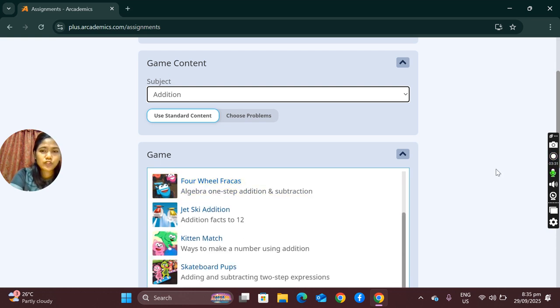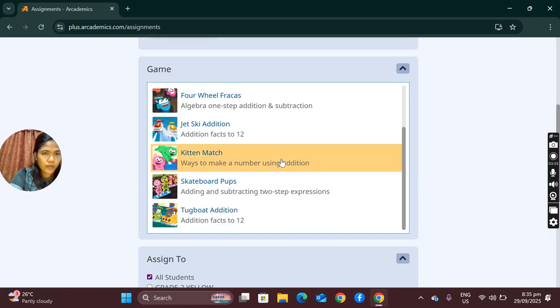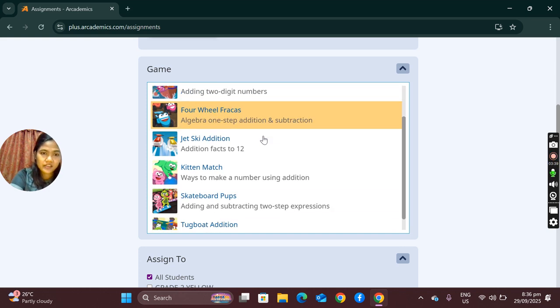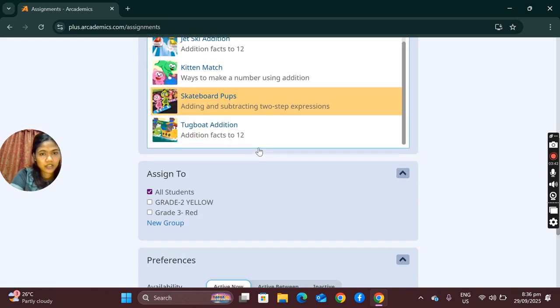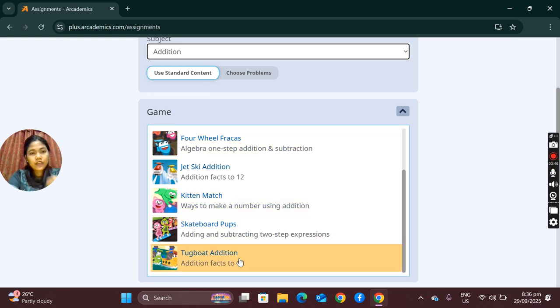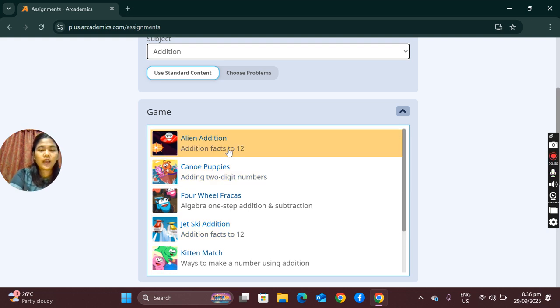Now we will choose what kind of game. We have Tug of War, Alien Edition, Canoe Puppies, Four-Wheel Fatcas, Jet Ski Edition, or Kitten Match. You will choose the game based on your students. Let's say we have Alien Edition.